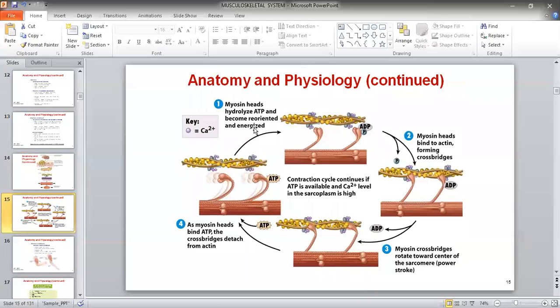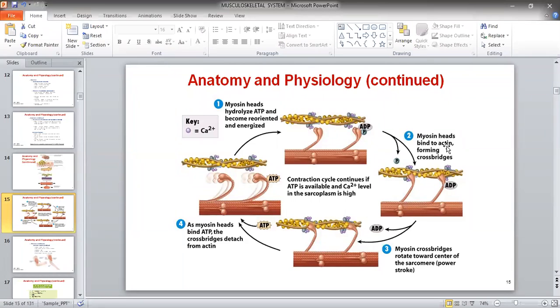So here showing the histology of the muscle system and with physiology. So the step-by-step process showing myosin head hydrolyzed ATP, myosin